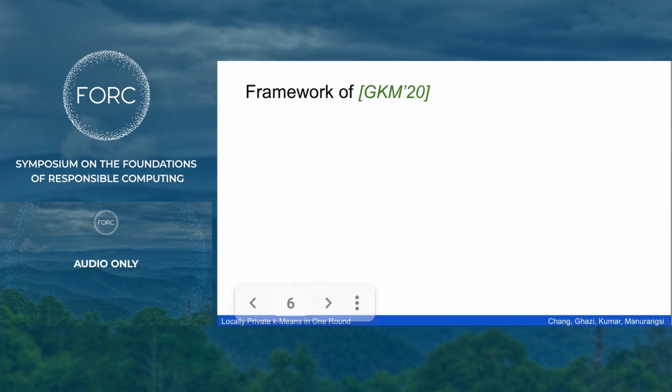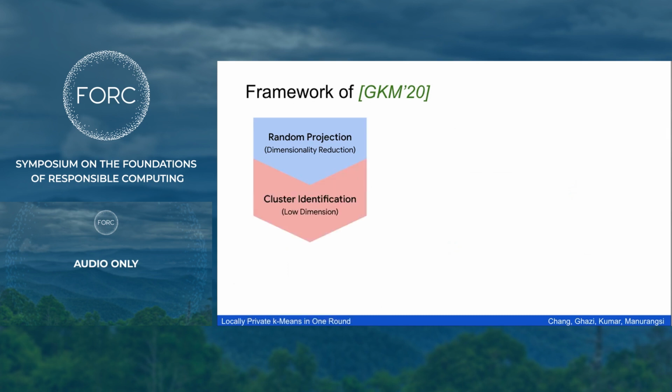At a very high level, we follow the framework in our previous paper, which was mainly designed for the central model. This framework consists of 3 steps. The first step is to do random projection in order to reduce the dimension of the data set. Once we are in this low dimension, we then identify the K clusters in the low dimension, which is typically easier than doing the same thing in the high dimensional space. And with this clustering in mind, we go back to the high dimension original space and then compute the center